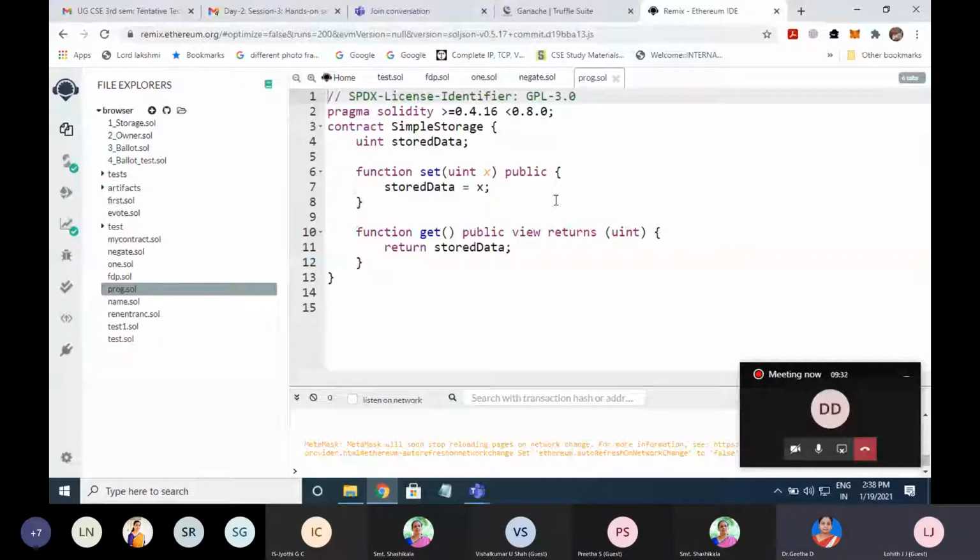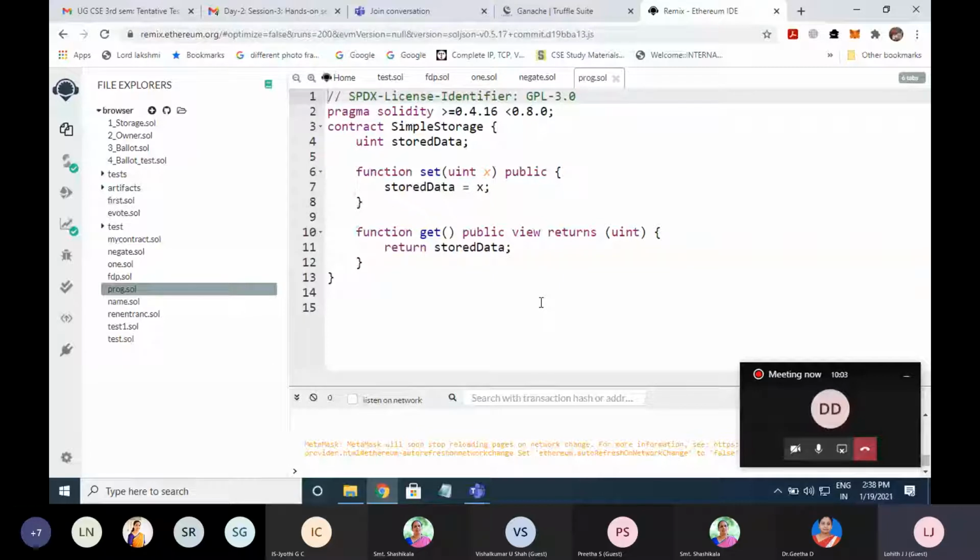Set and get functions are used here: set is used to set the value of the variable, and get is used to get the value from the variable. Function set(uint x) public indicates that anyone can access this, storedData equals x. Then function get() public view returns uint. This is the syntax. Then it returns storedData.